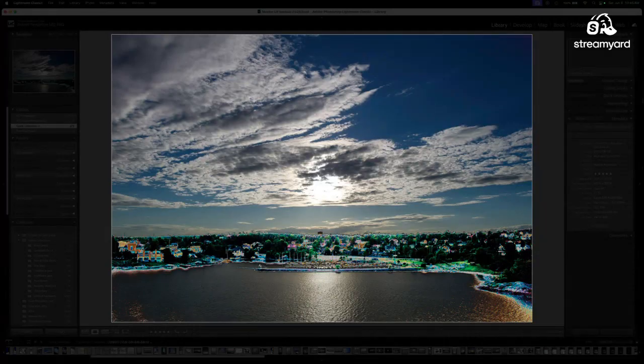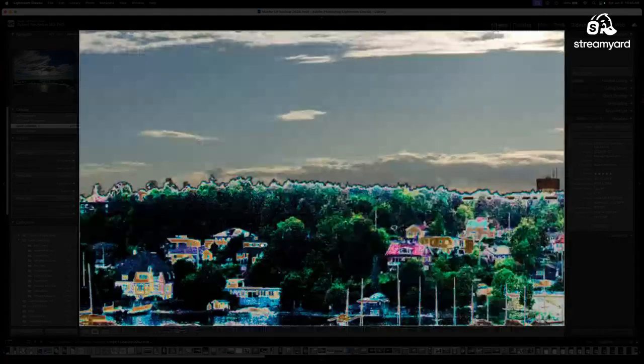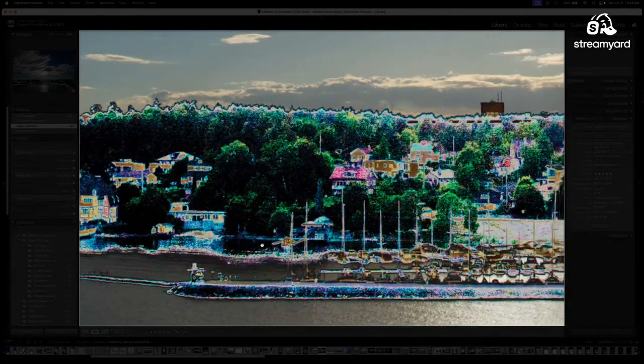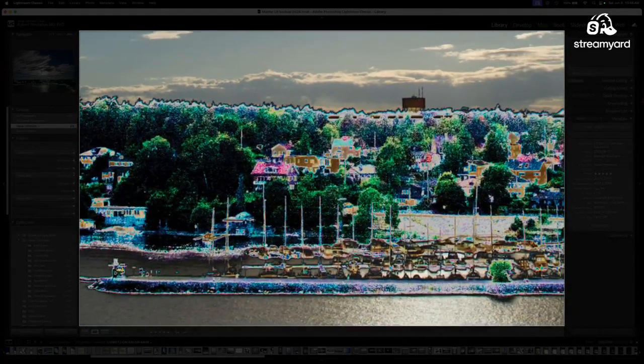Here shows some colorization. I've exposed this so that the highlights are properly exposed and nothing's overexposed. And in the original image, this is all just sort of black. When I do the colorization, most of the colors here are true.